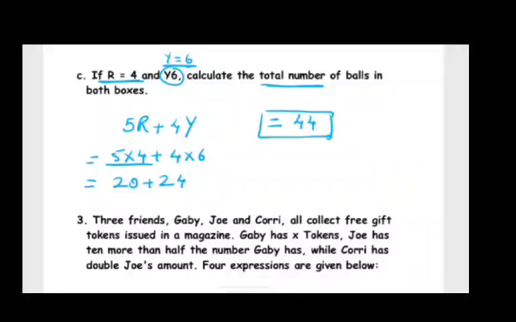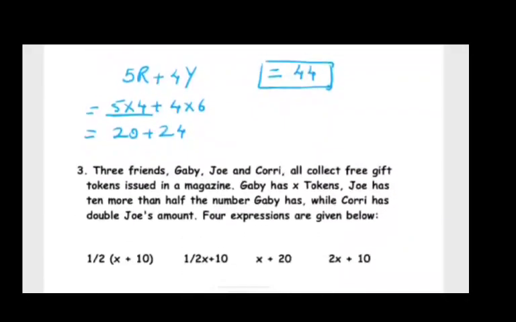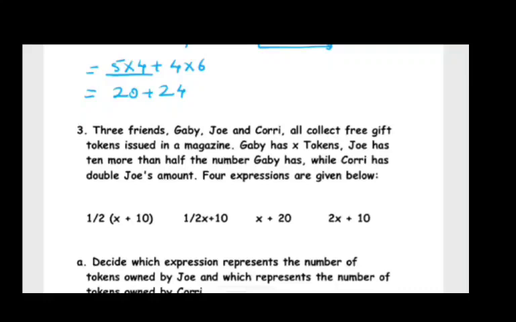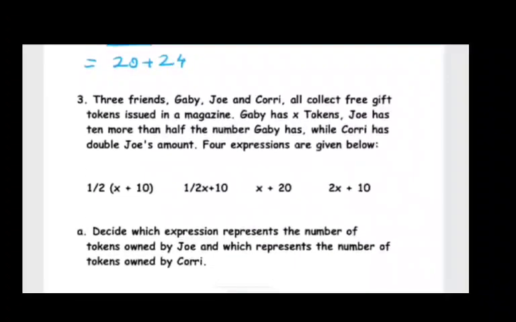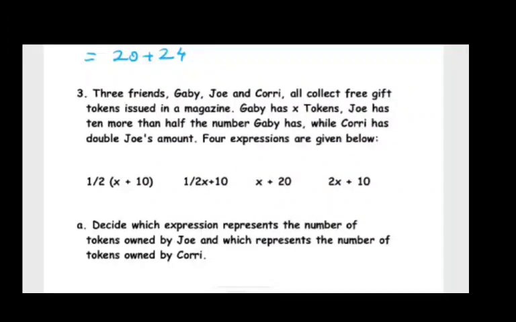This sum says, three friends, Gabby, Joe and Corey, all collect free gift tokens issued in a magazine. Gabby has x tokens, Joe has 10 more than half the number Gabby has, while Corey has double Joe's amount. Four expressions are given below. Decide which expression represents the number of tokens owned by Joe and which represents the number of tokens owned by